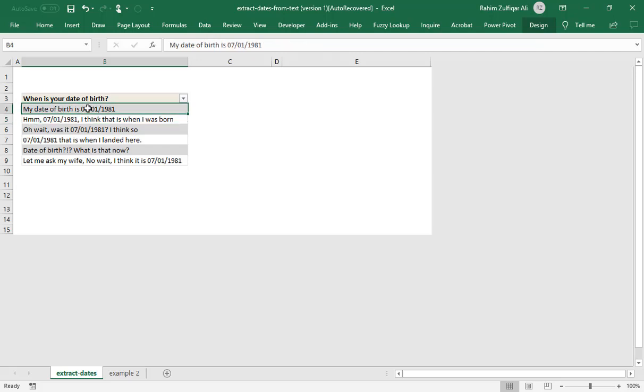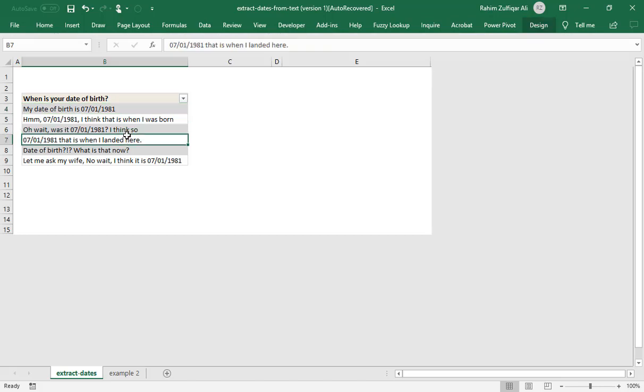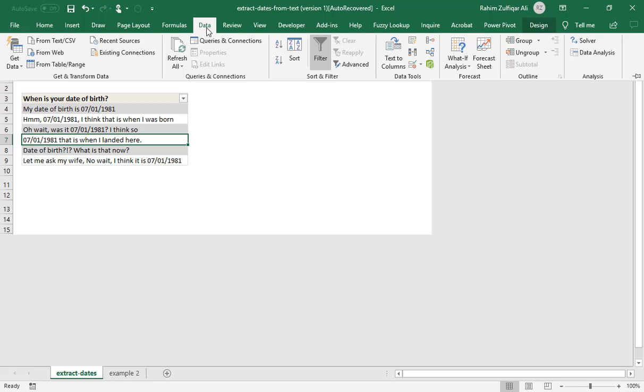This data is, first of all, in table format. If you look, you will see the Design tab enabled. This means this is not normal data; it is converted into a table, and this data will now be pushed into the Power Query window. I am using Excel 2019, so I need to go to the Data tab and click on From Table or Range. If you are using earlier versions of Excel and want to utilize Power Query, you have a separate tab or ribbon for it.